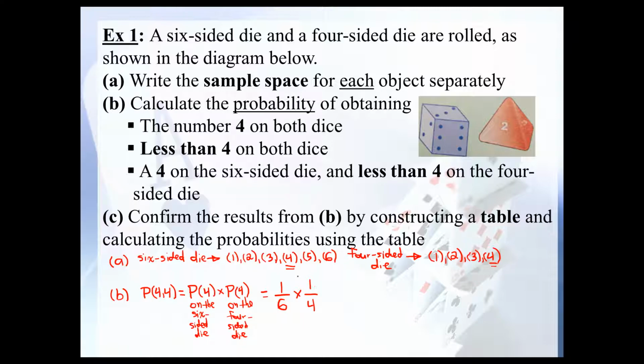So to calculate this, well, we dealt with the multiplication of fractions in the previous unit. So this would be equal to numerator times numerator, which is 1 times 1, which is 1, divided by denominator times denominator. 6 times 4 would be 24. Turn that into a decimal. So as a decimal, this would give you a repeating decimal number,